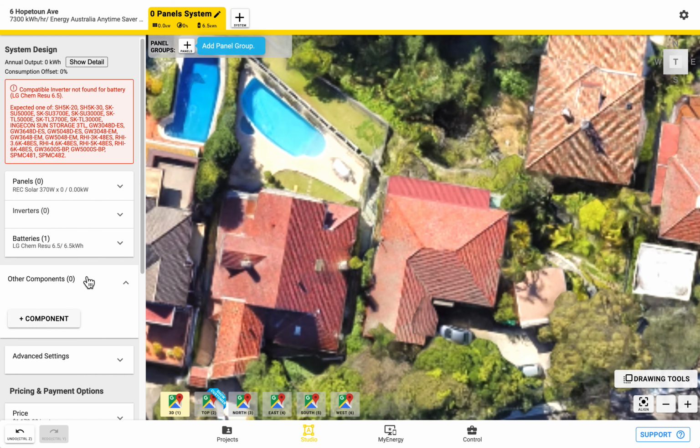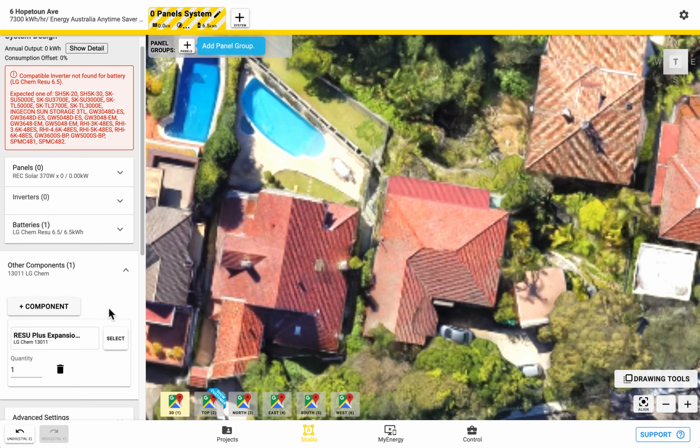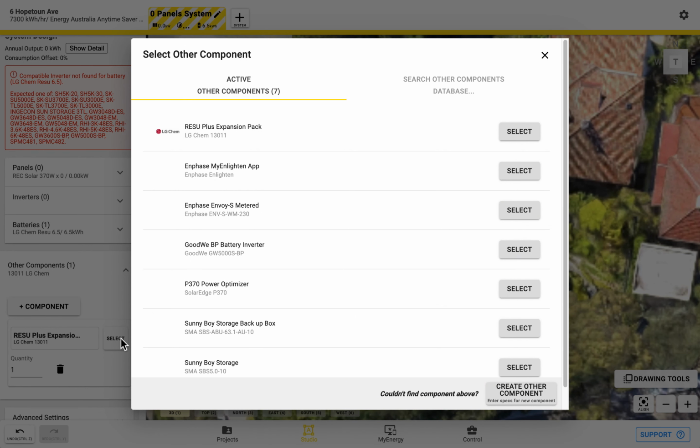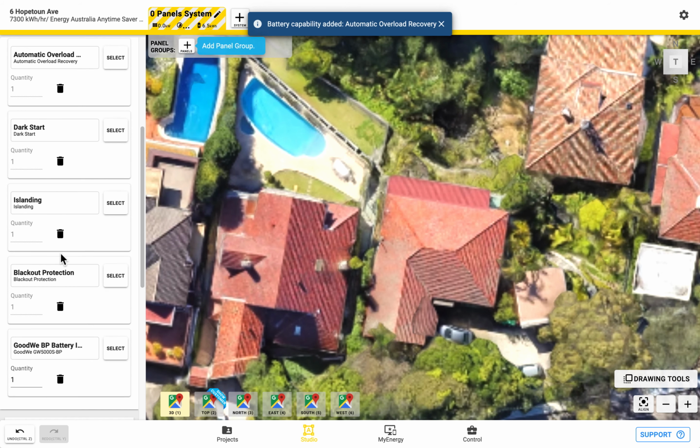So we can do this by coming to other components, clicking on plus component here, and then if we click on select, you can see here it's already in my shortlist, but if it's not in yours, you can go to the right hand tab and click on Search Other Components Database to add it in. So for me, I'm just going to click on this GoodWe battery inverter here,